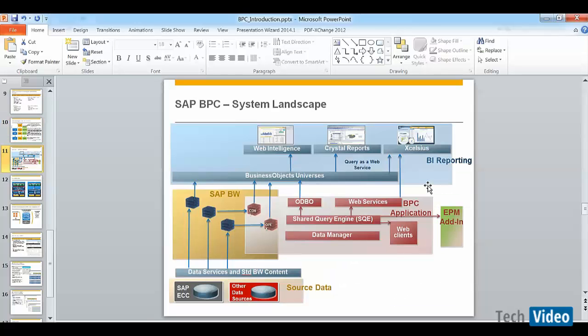So this is how a typical BPC system landscape looks like. If you can see here, in this segment we show that this is your source data layer. So primary source would be your SAP ECC for a customer who is leveraging its SAP platform. SAP ECC, but there might be other data sources also here, and these data then come into SAP BW. This can be directly through BW, or they can also leverage the data services. And once all this data is there